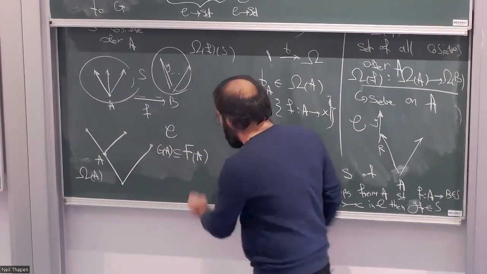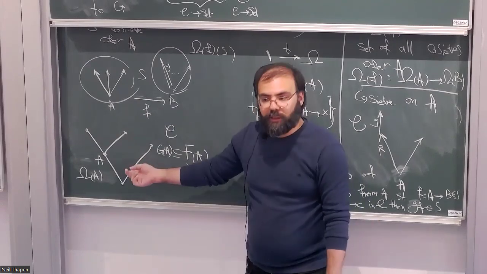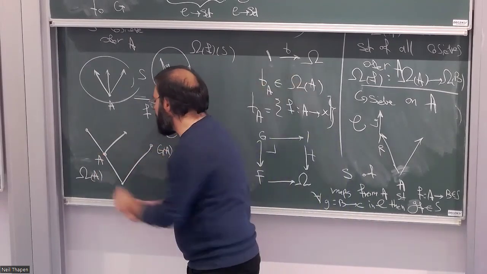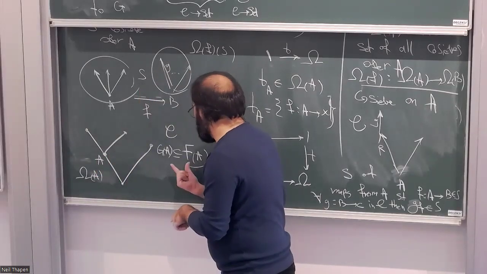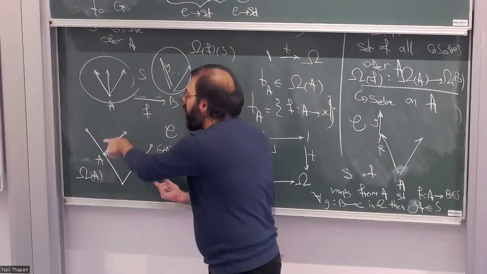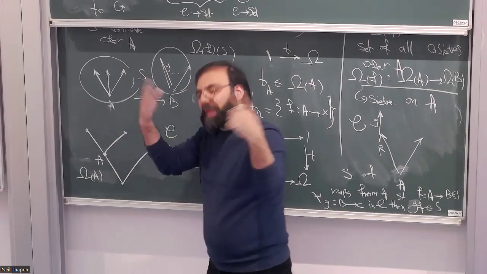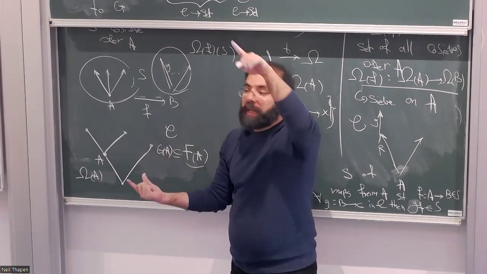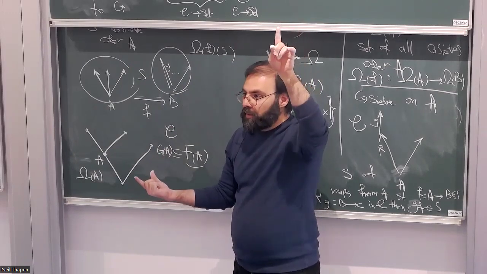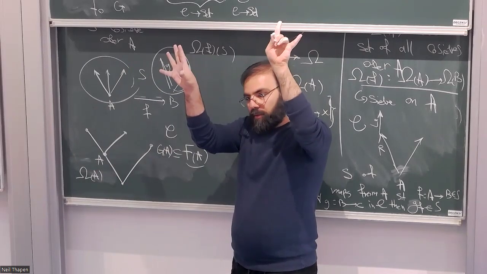Because you pick one element, the element is not in G, right? From here above, right? So let's say that here, you pick an element in F of A, it is not in G of A, you go up, up, up, up. At some point, maybe it becomes an element of G of A, and then it remains there, right? So any subset which is an upset